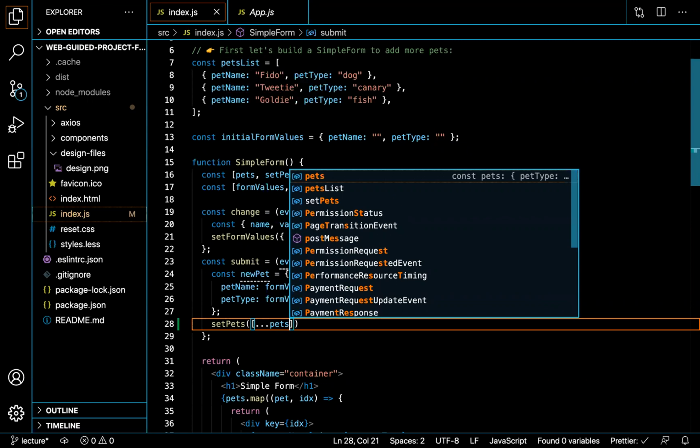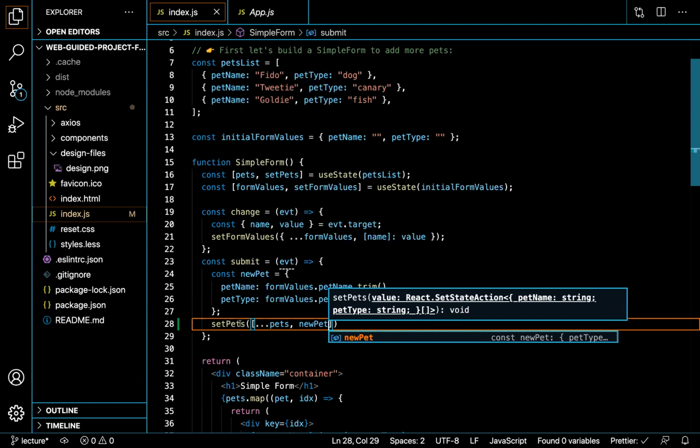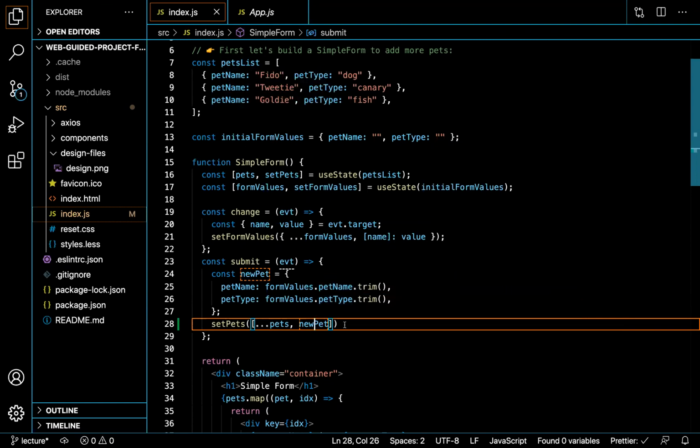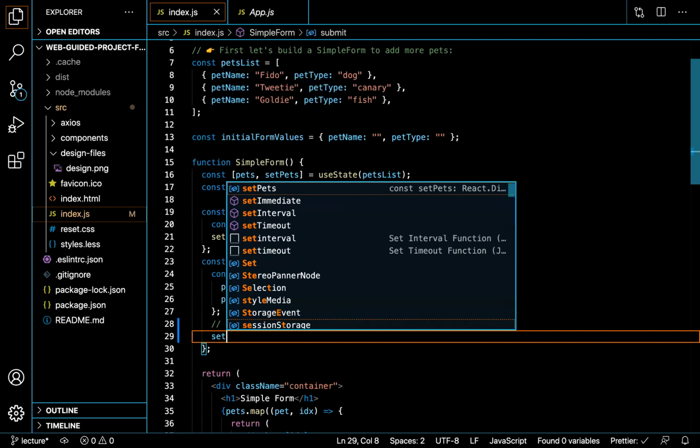And because that's what was previously there, that's spreading that old object. And then we also want to be adding into it our new pet. And that really is working the same, functionally it's doing exactly the same thing as this, which is if we called set pets